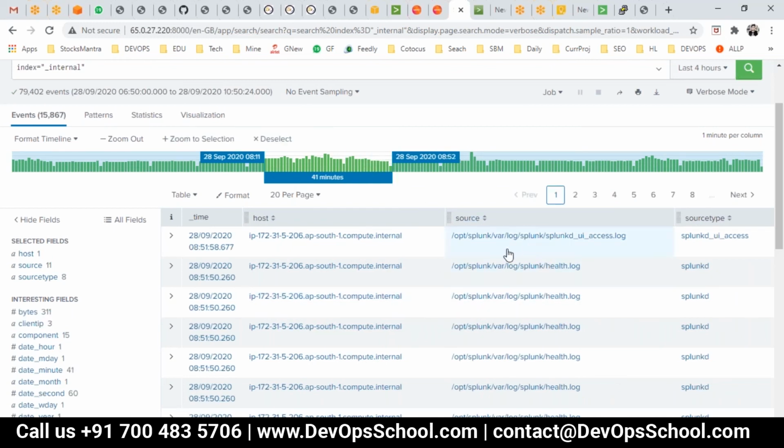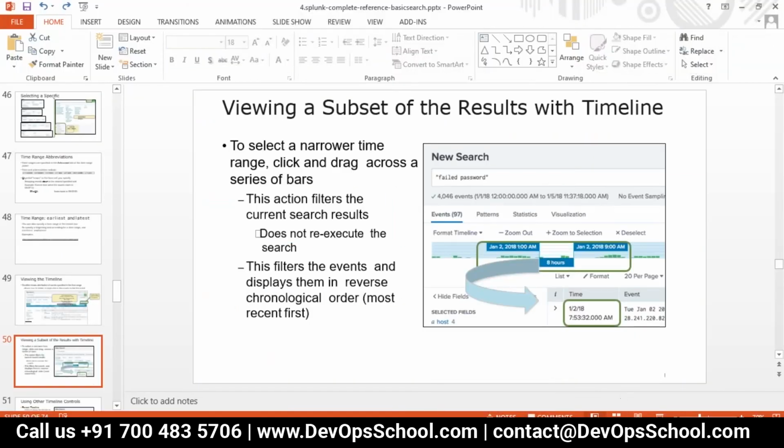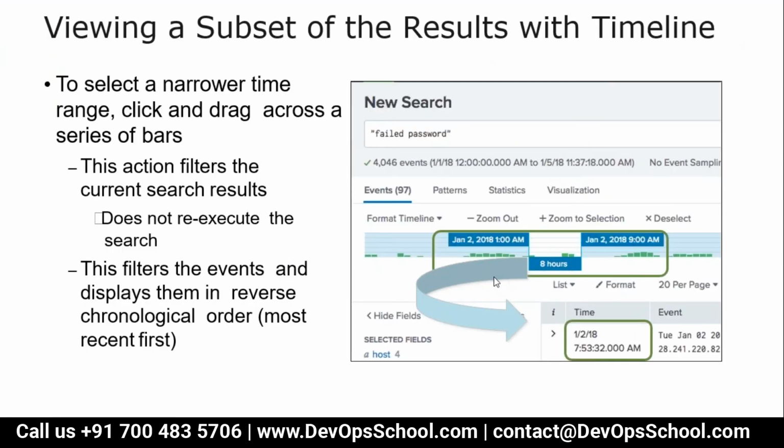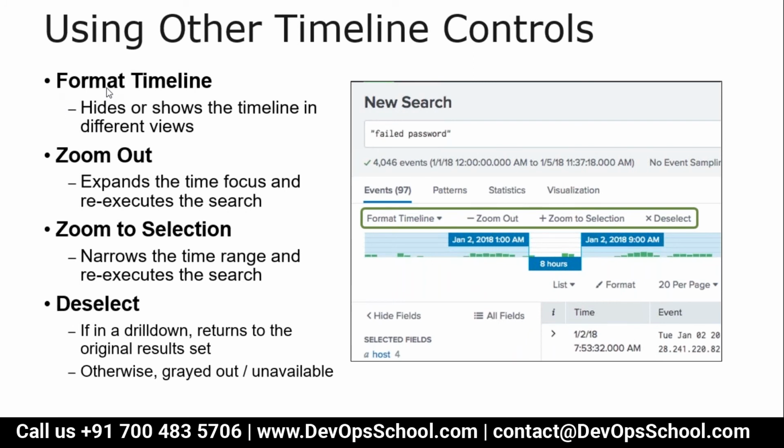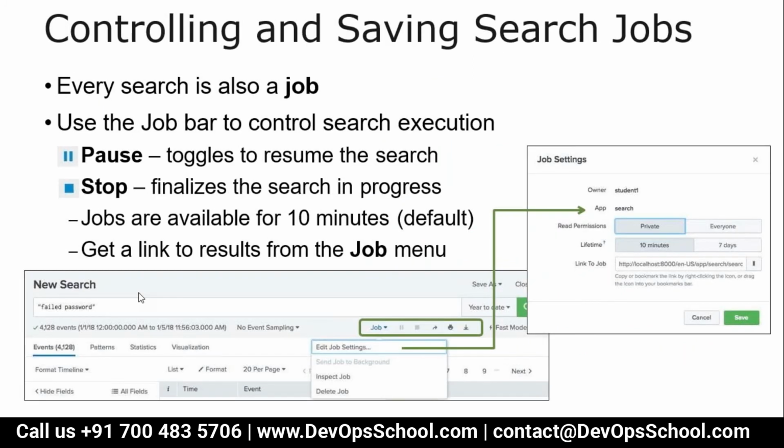Okay, so like that you are seeing the selected data only. These are the play with the mouse, you can do that and just learn about this. So format, timeline, you have zoom out, you have zoom to selection and deselect. Okay, now whatever you've been searching, do you know that every search result automatically gets into